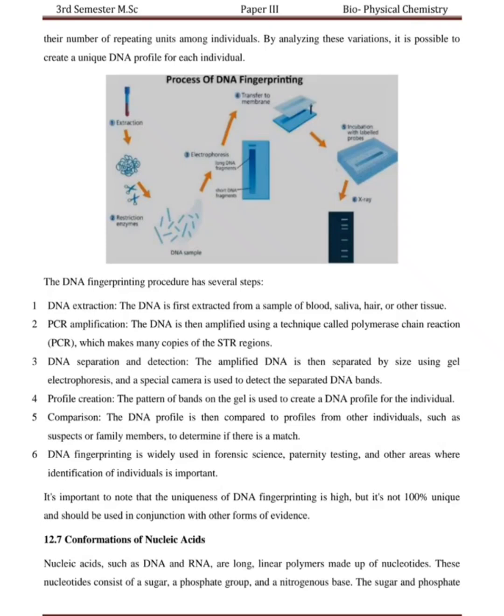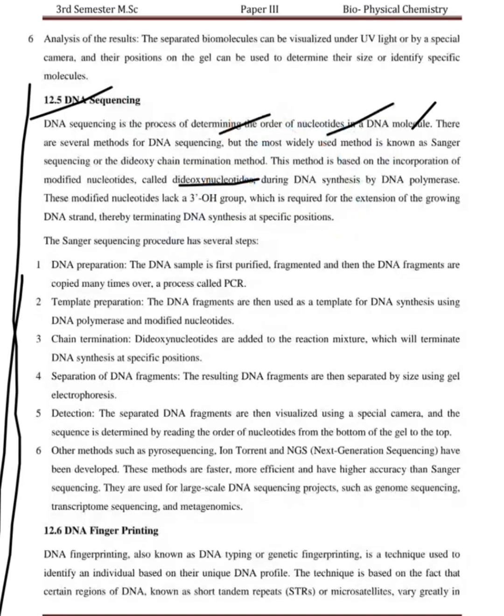So in this process, first purification of DNA sample and template preparation. DNA fragments are then used to template DNA synthesis using DNA polymerase and modified nucleotides. DNA polymerization is nothing but synthesizing of nucleotides. So chain termination: we are going to use